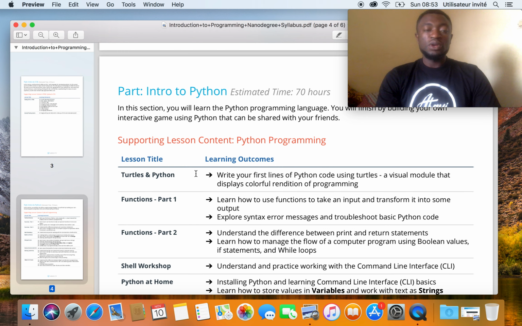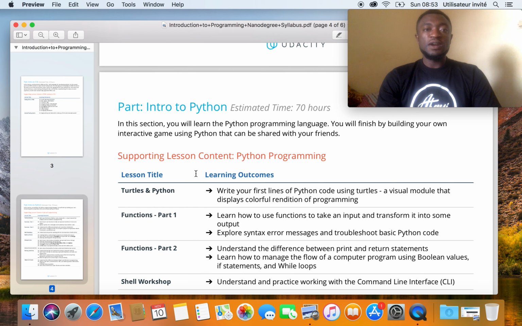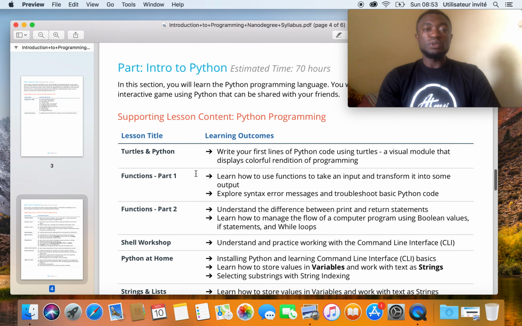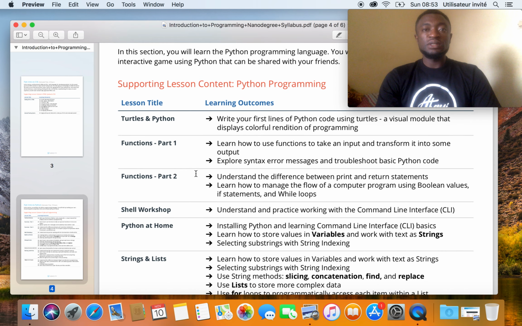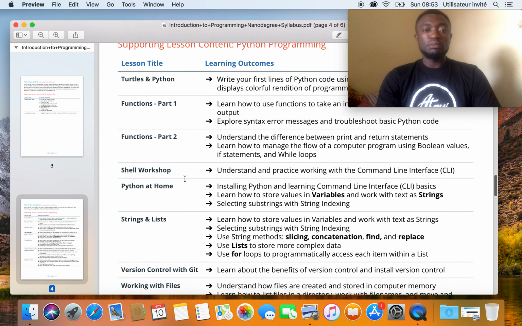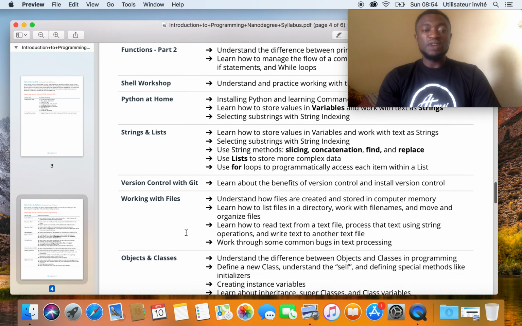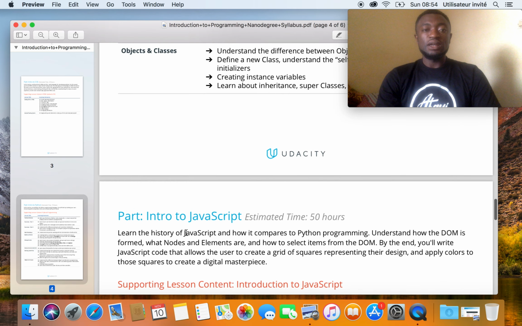And further, you have introduction to Python. And also in this section, you have a project which you submit. What do you learn in this section? You have turtles and Python, functions part 1, functions part 2, you have shell workshop, Python at home, strings and lists, version control with Git, working with files, objects, and classes.